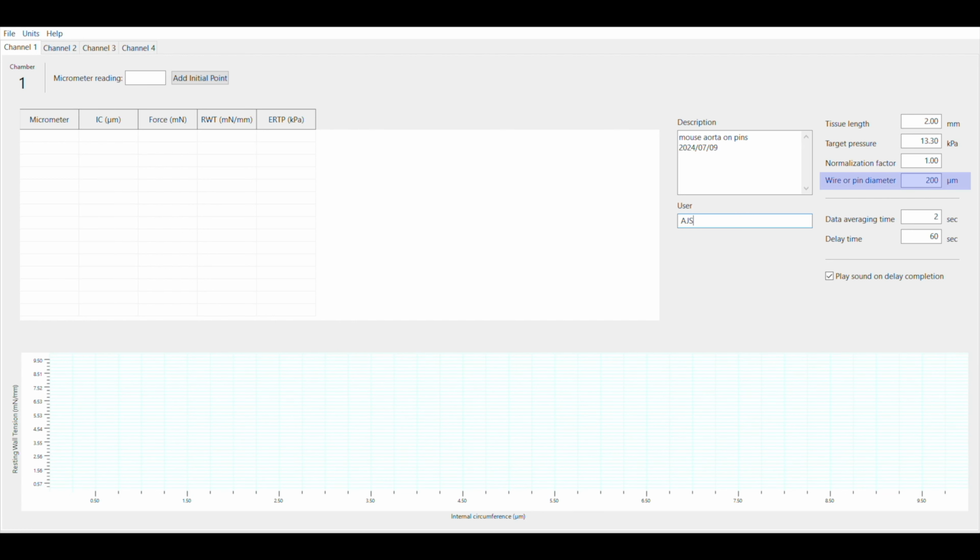Next, you will enter the wire or the pin diameter that you are using in your chambers. You can use a data averaging time of 2 seconds and a delay time of 60 seconds. Lastly, you can enter a description of the tissue in your chamber as well as which user is running the